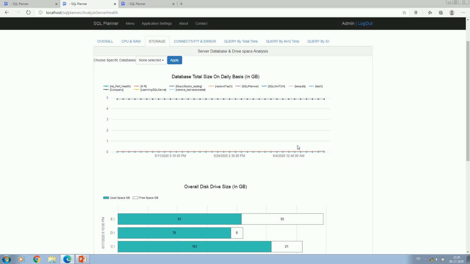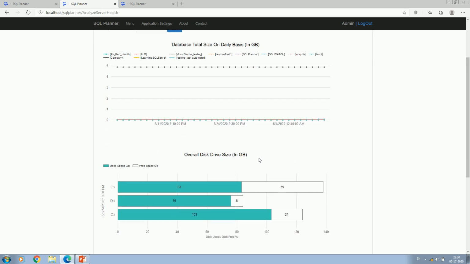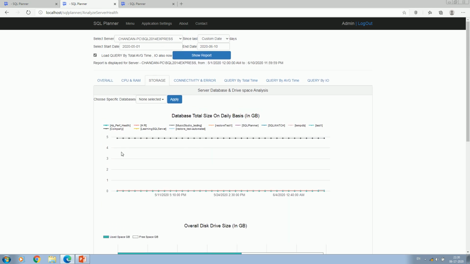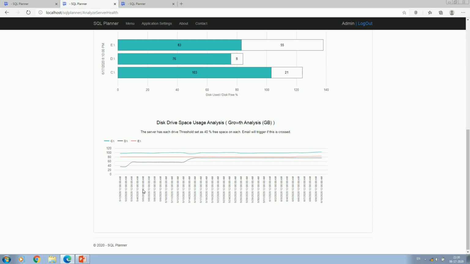We see three reports here. One is at the database size level. So we see by default all the databases, which have the MDF and LDF size displayed when you mouse over it. And in my development machine, none of them have taken more than 5 GB. But in your case, you can see spikes and properly